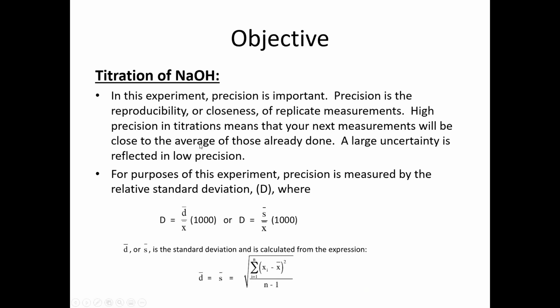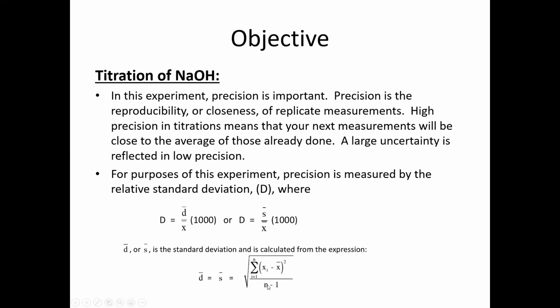In this experiment, precision is very important. Precision here means reproducibility, meaning every time do you have a similar result or not. That's measured by relative standard deviation. This is how we calculate standard deviation. Say we have 3 measurements. Each measurement has an xi value, and the average is x bar. We calculate the square of the difference between each measurement and its average, and divide by n-1,